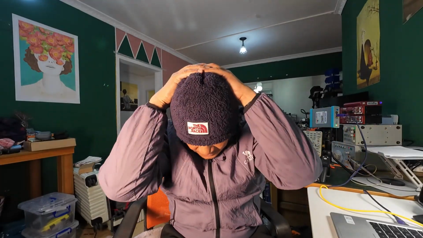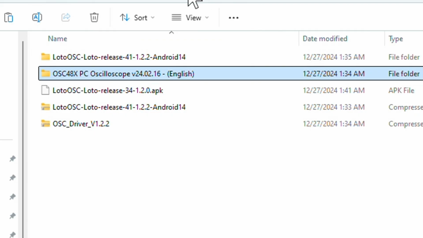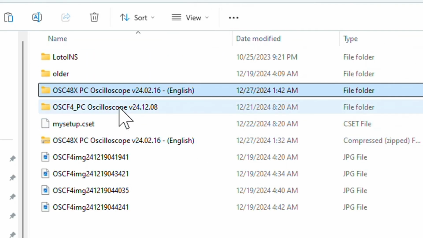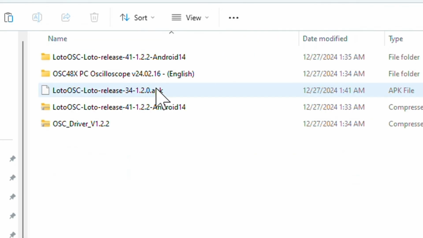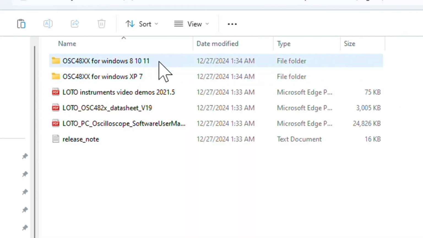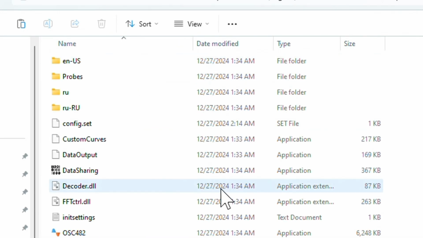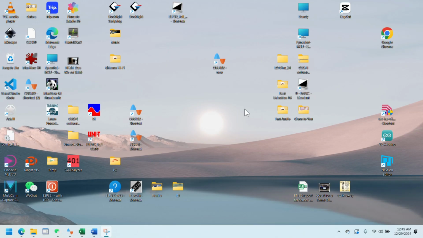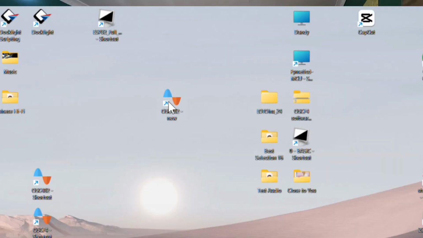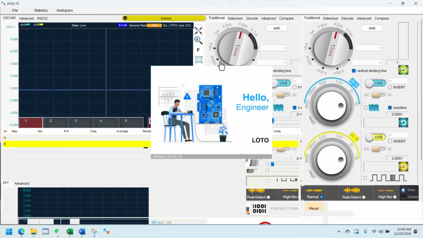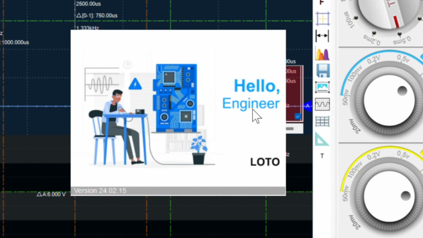Well, that's a little bit of a headache actually, but long story short, I was able to find the application software, the OSC482XX. You don't actually have to install it, I just have to uncompress it and run the exe file. I'll put it on my desktop so I can easily find it, and there you go, I can run the application software now for the Loto instrument